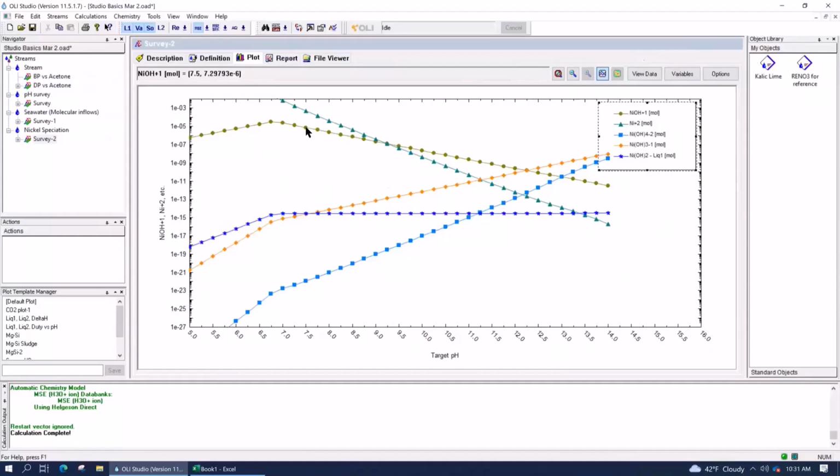At higher pHs, even though it's not as important, you can see there's a nickel hydroxide 2: Ni coordinating with 2 hydroxides, and then surrounded by 4 more waters. At higher pHs, you have NiOH3, meaning nickel bonding to 3 hydroxides, and then surrounded by 3 more waters.